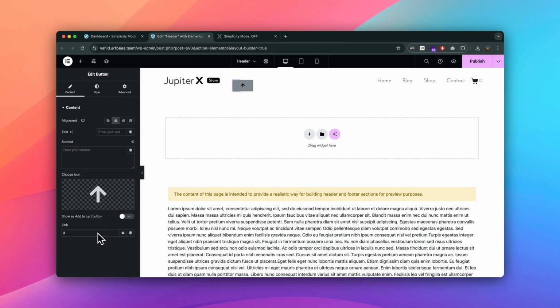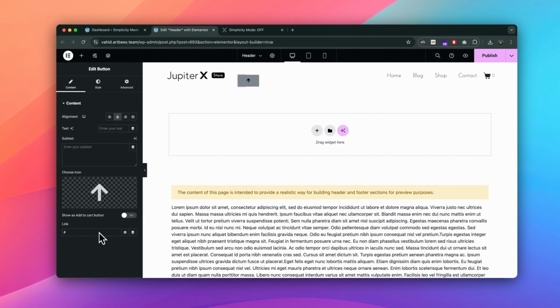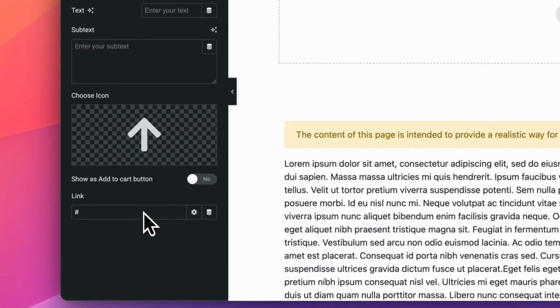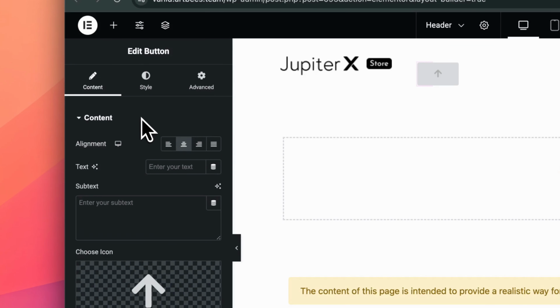Now it's time to add the actual scroll to top action. We'll use an anchor link to a custom CSS ID of your choice. Just click the link field. This is where you set where the button goes when clicked. I'm going to choose #GoToTop as our custom ID for the anchor. Type your own in the link field. This anchor link scrolls the page back to its target when clicked, which is the main function of our scroll to top button.